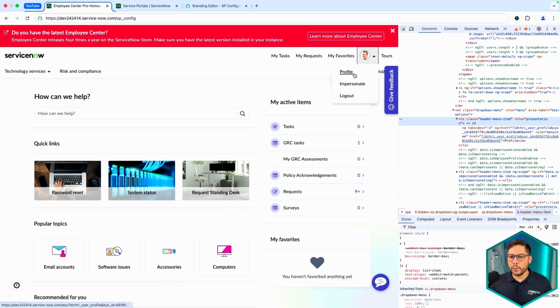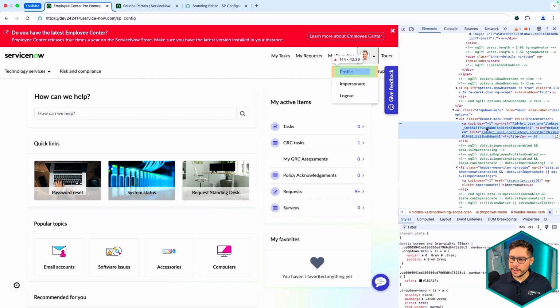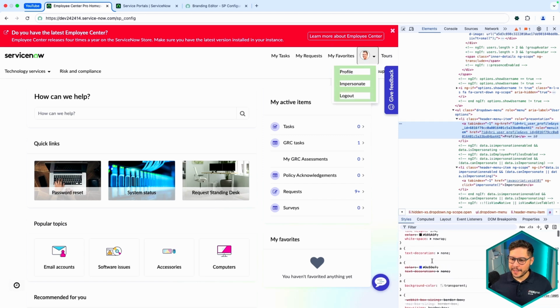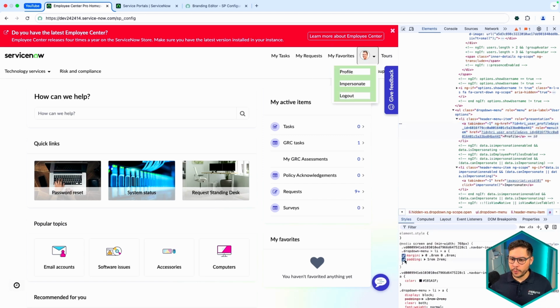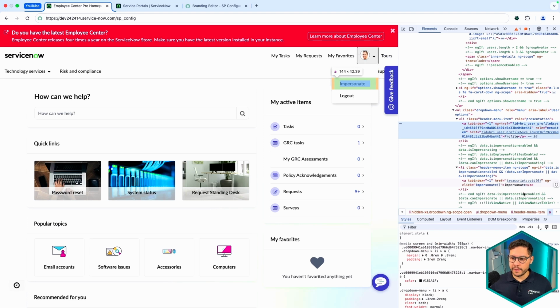So our profile, as soon as we put the mouse over the profile, impersonate, and logout, we have these elements here, those LIs, our list, to be red as soon as you put the mouse over it. So whenever you click in here, you are inspecting this specific element. Whenever you click here, you're going to see different kinds of elements so that you can always play around with that without changing anything. This is also a very cool trick that I can tell you to use because this is very useful.